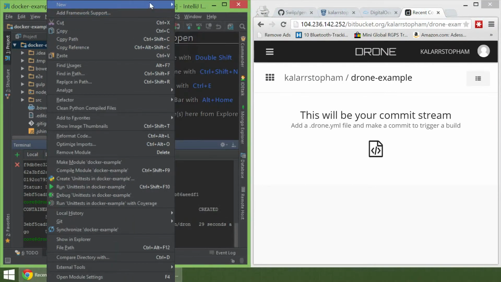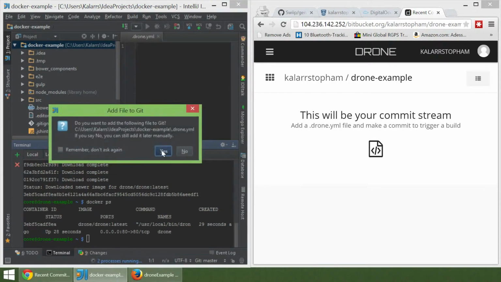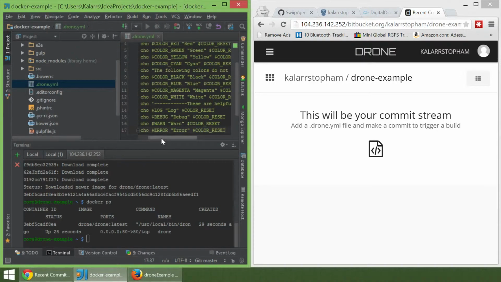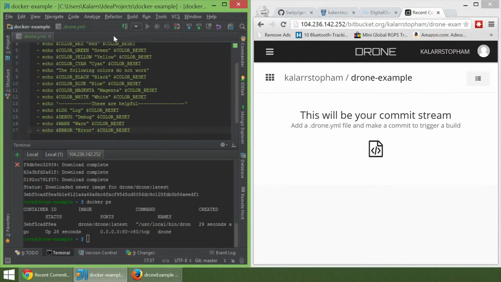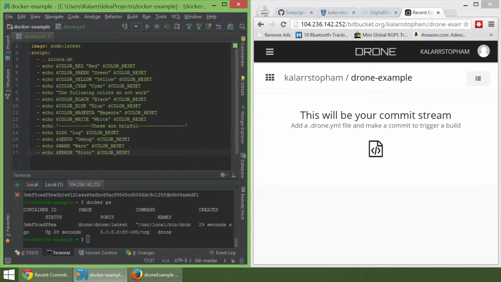So first, we'll do a new file, and this will be .drone.yml. We'll add it to version control. And I've gone ahead and set up an example of how to use some of the colors in the output of drone, and I think that's really handy. I use it on all my projects, but this is our simple first